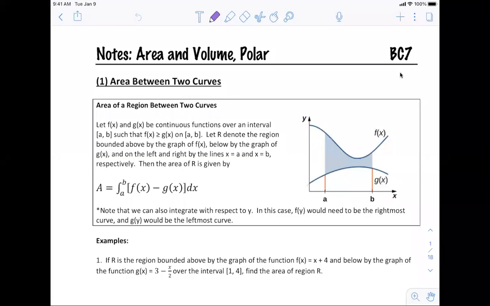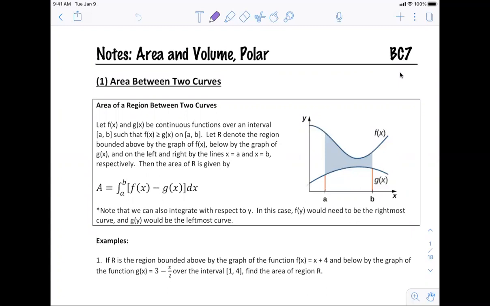We are starting Unit 7 today, which is on area and volume, which will be review from last semester. We're also going to talk about polar curves, area of polar curves, as well as surface area of 3D rotated solids. So we're going to start with something that you're probably very familiar with, which is the area between two